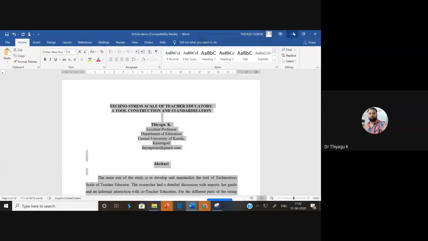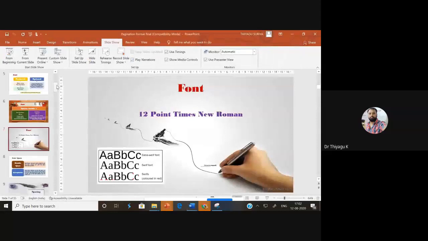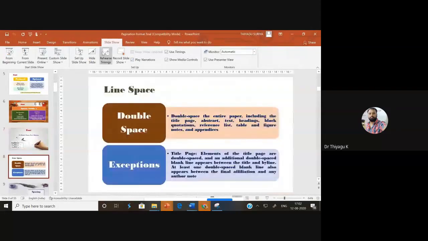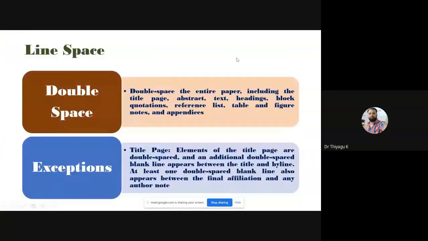So this is called another pagination setup. I hope you understand the 3 things. The next thing is the line spaces. Whenever you are typing any article or research work, we have to look at the line spaces between each word, each sentence, or each line.